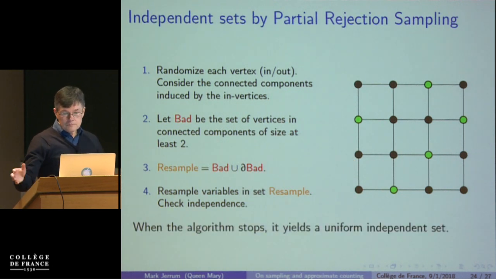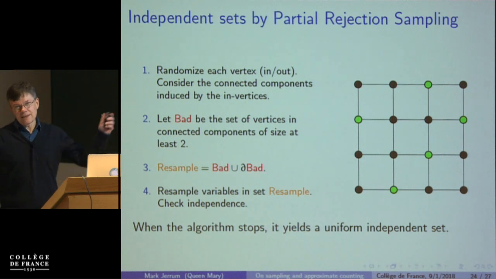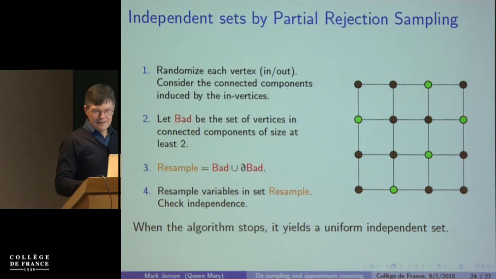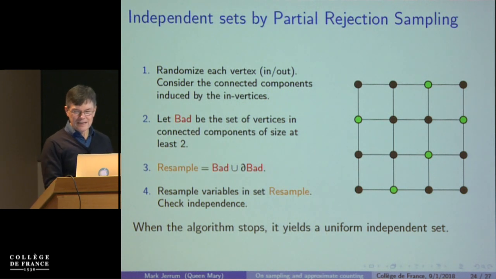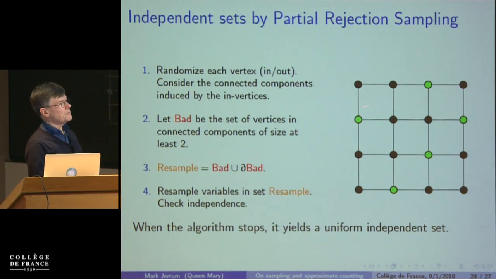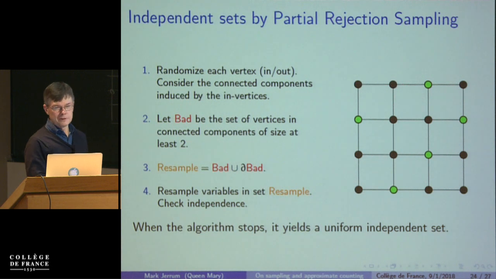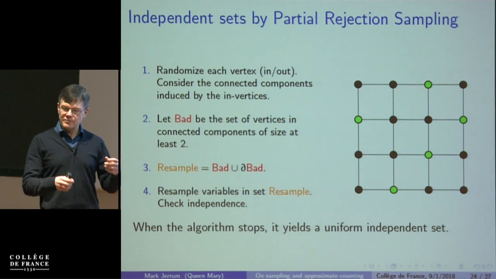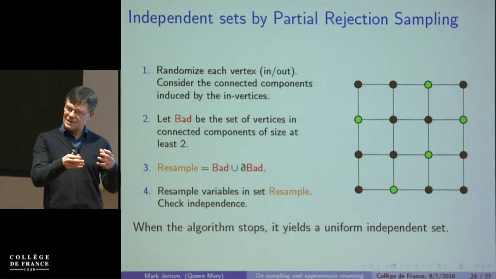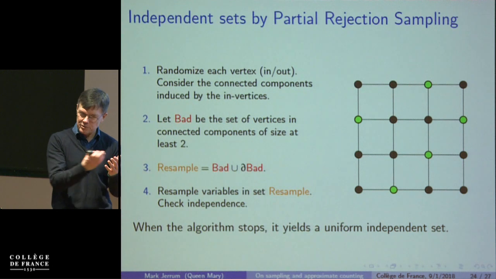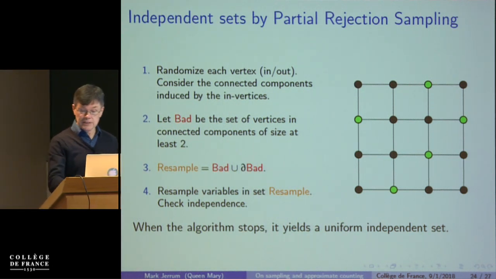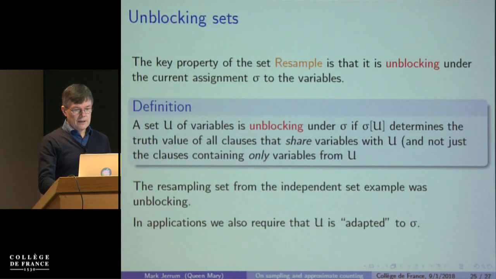And, okay, amazingly, I shouldn't really say that, but the first time you see it, it looks amazing to me. When the algorithm stops, it is absolutely a uniform independent set. So that is absolutely the real deal. So there's some scope in rejection sampling. It's just that you have to be very careful exactly which bits of the configuration you keep and which bits you reject. And if you do exactly the right thing, it turns out this is another way into sampling.